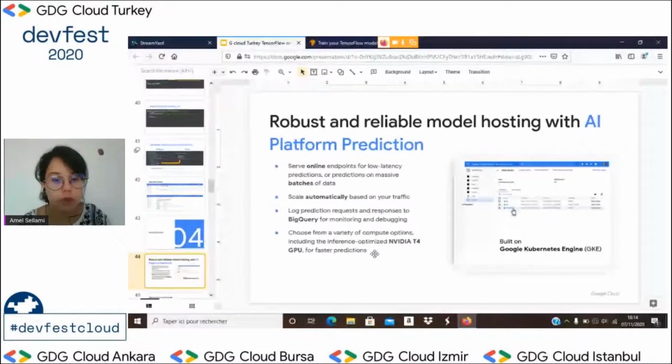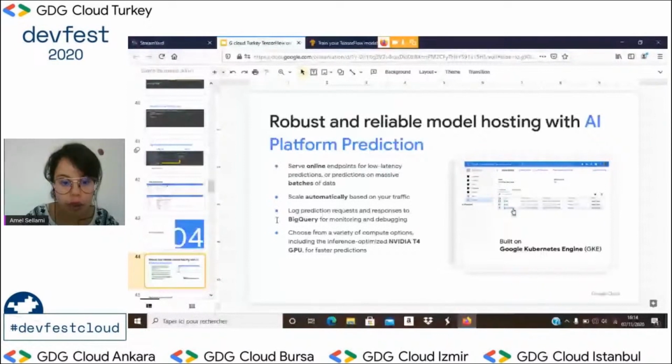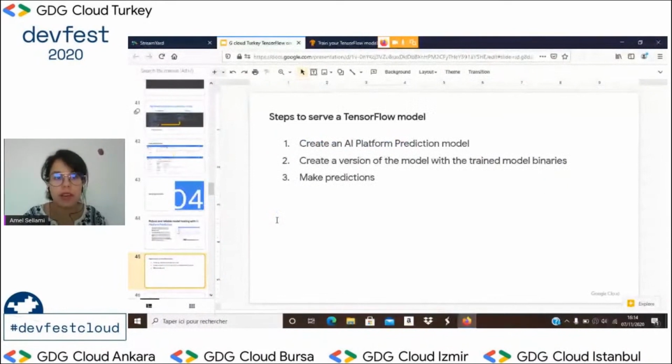And you can choose from a wide variety of compute options, including inference optimization, for example NVIDIA T4. It could also be a K80 that we can use, which are really powerful GPU models.